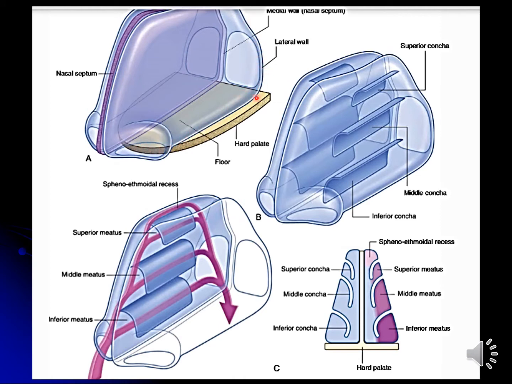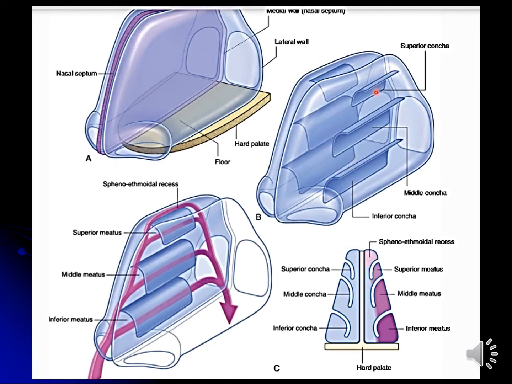So if we see the lateral wall, which we already have discussed in the previous lecture of nose, that it has curtain-like structures which are known as concha. These are actually bony projections which are hanging from the lateral wall of the nose downward. This is the lateral wall, and this is the bone which is hanging down like this. They are hanging like this, like a curtain, and this side is the wall. Outer side is the wall, and inner side they are hanging from the wall like a curtain,